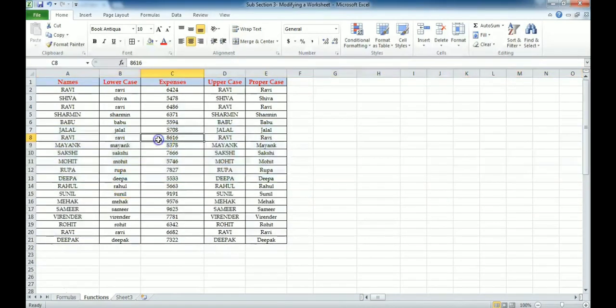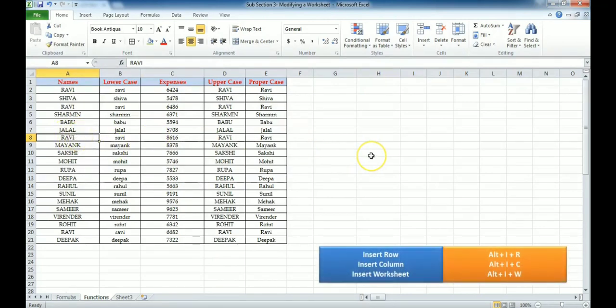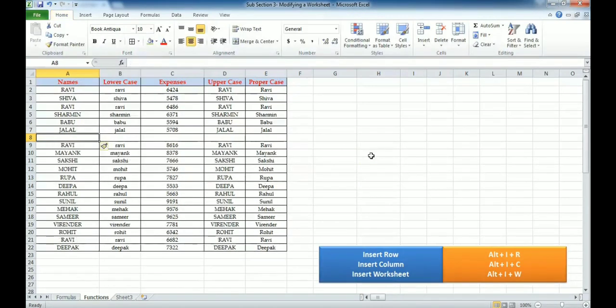It's very handy to use shortcuts in this case, and these are very beautiful and very simple to use. I'll explain that. If you want to insert a row before Ravi, so I'm standing on Ravi, I'll press Alt and then I for insert and R for row, so it will insert a row. If I want to insert a column before expenses, I'll stand anywhere in this column, I'll press Alt, I and